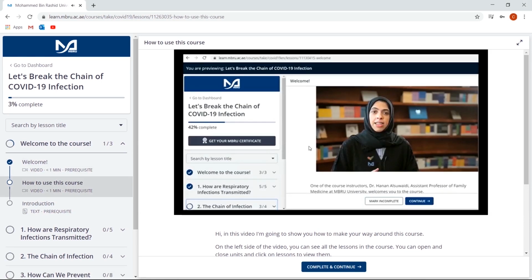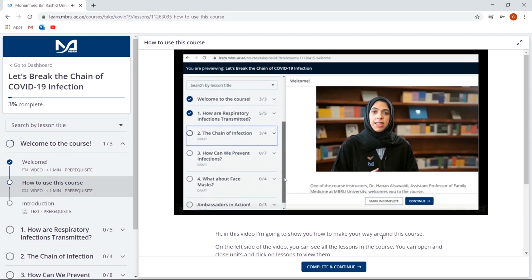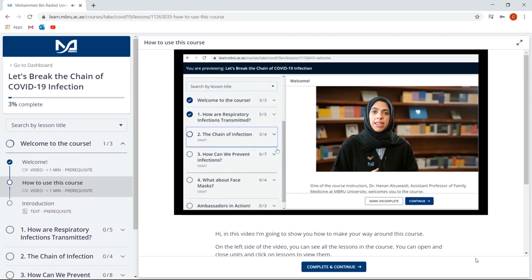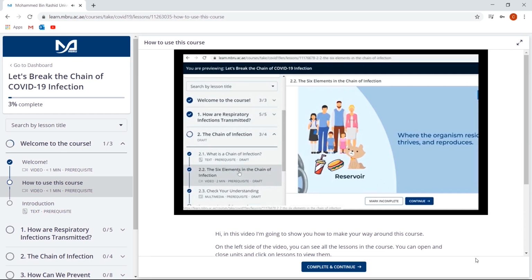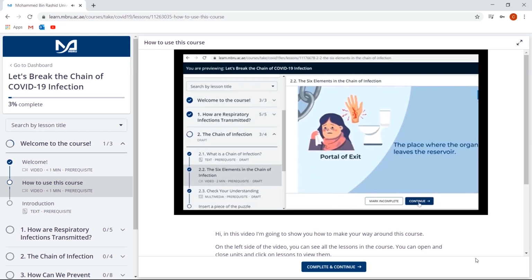Hi, in this video I'm going to show you how to make your way around this course. On the left side you can see all the units included in the course. You can click here to open and close units and click on lessons to view them. This is a video lesson. You can press play to watch the video, and once you're done, click on continue to move on to the